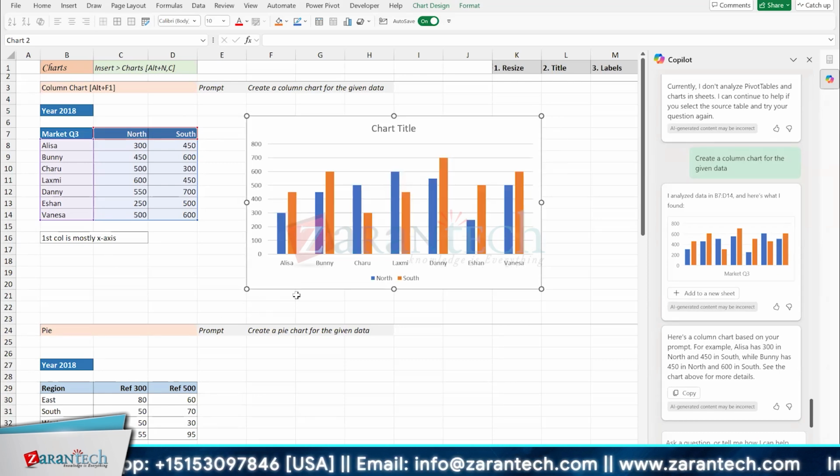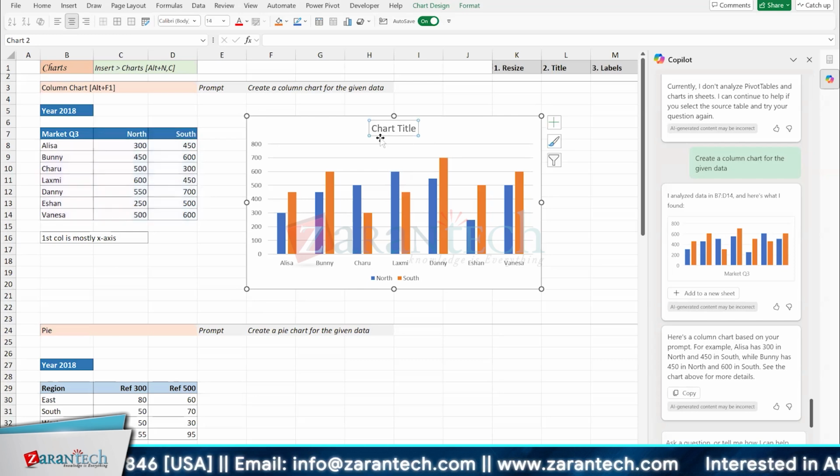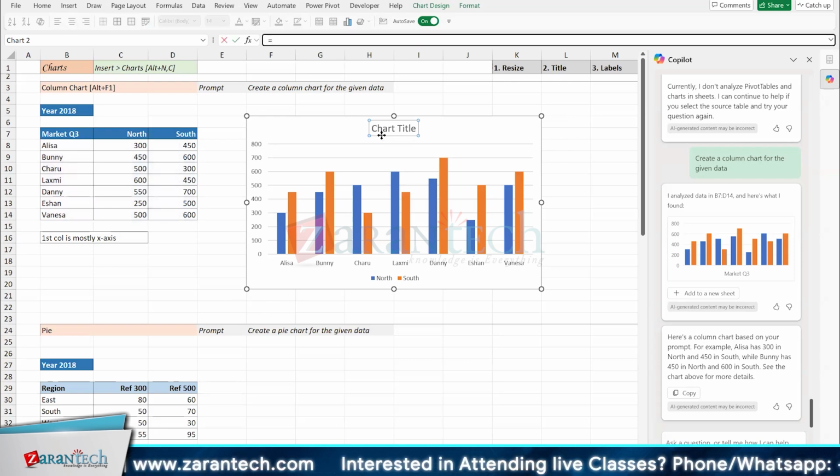There we are. And then we apply the title. We often apply the title inside the chart, and that's also there, very much there. But we can apply something like this. I click on the title border over here, press equal to on the keyboard, and this icon prompts with